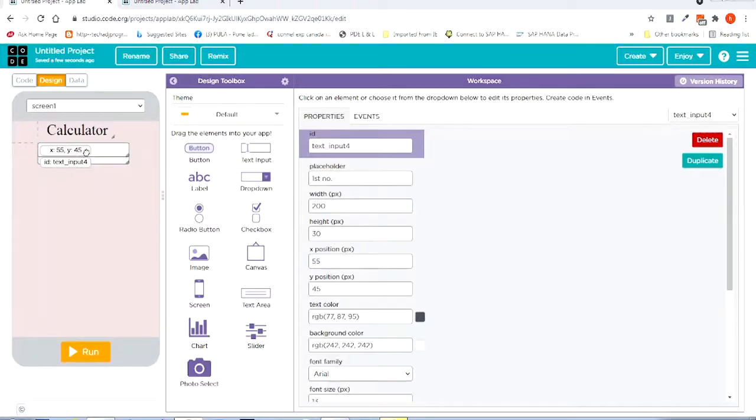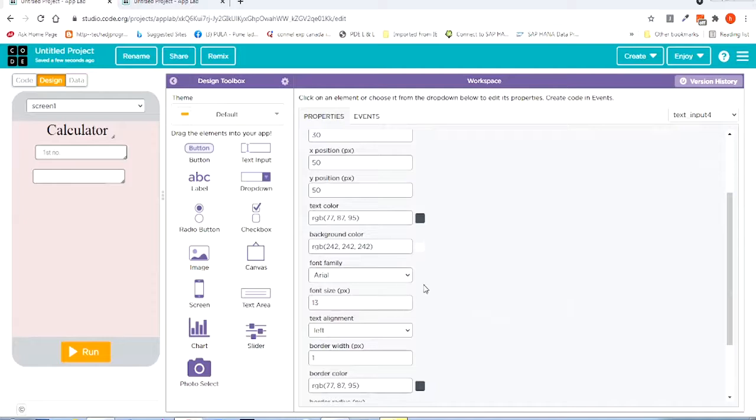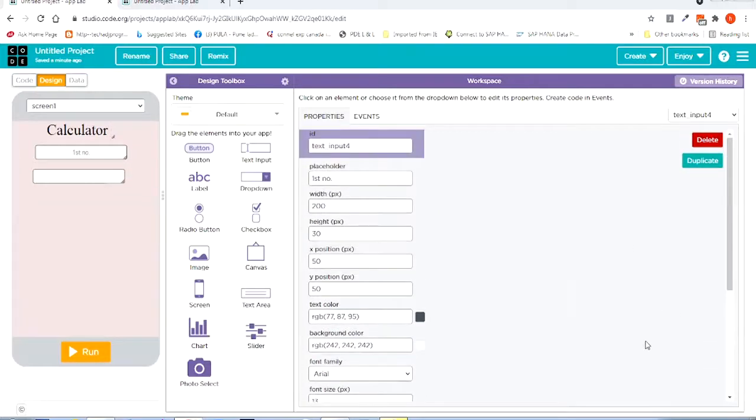Okay, it was the second number. Done. And just make the placeholder text alignment center. The changes I will be doing for the placeholder will apply to the text which will be entered in the text inputs. So here, instead of text, I will write